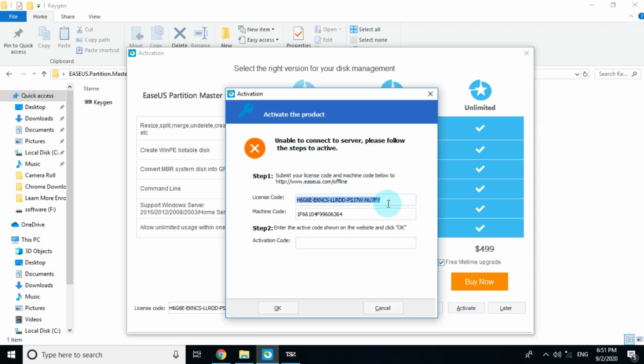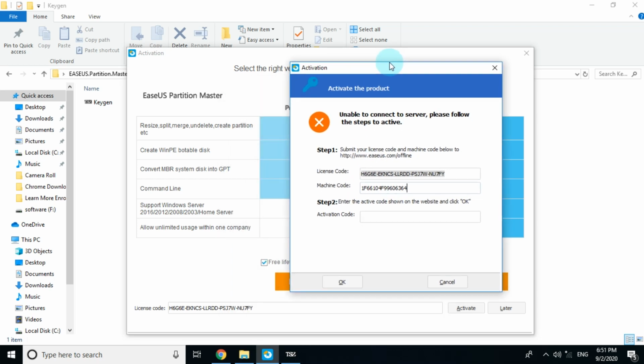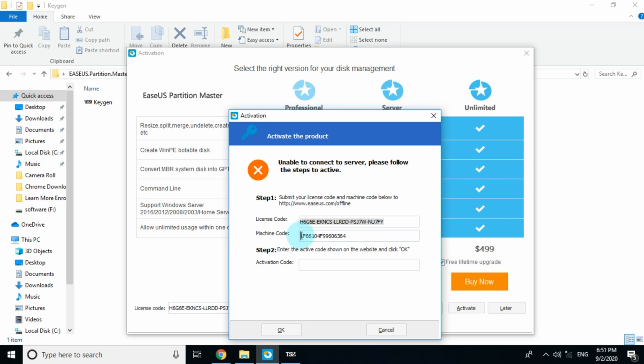Yeah, unable to connect to server, please follow the steps to activate. Submit your license code and machine code. Now, to the official website? No. What you have to do is copy this machine code from left to right.